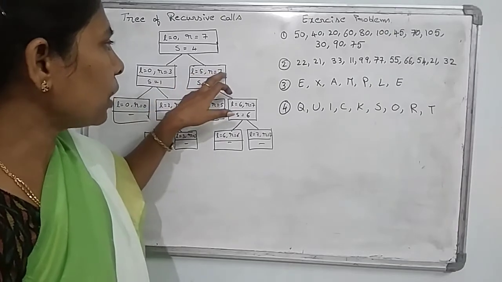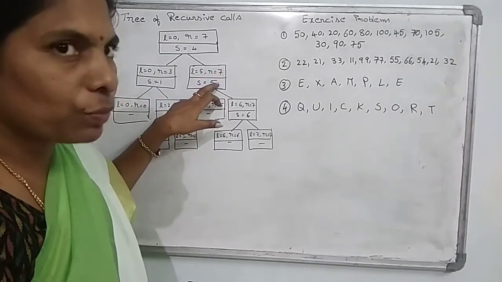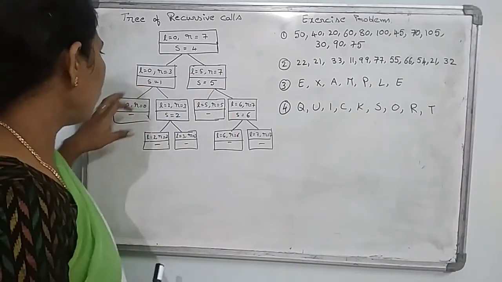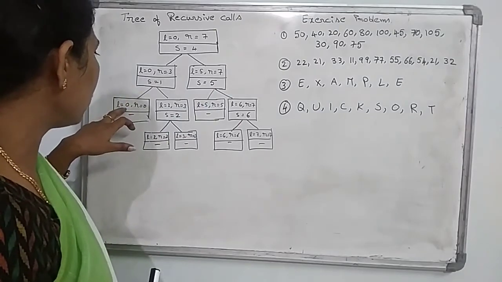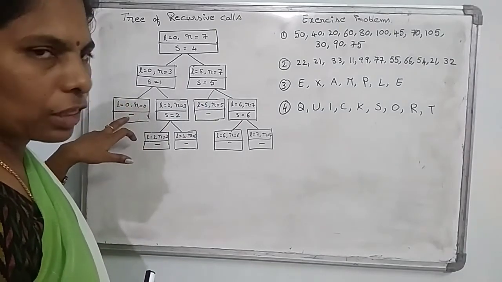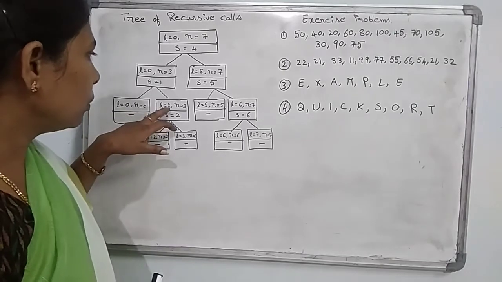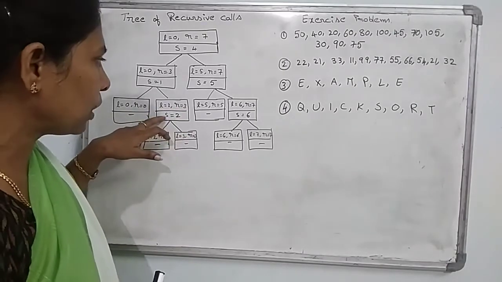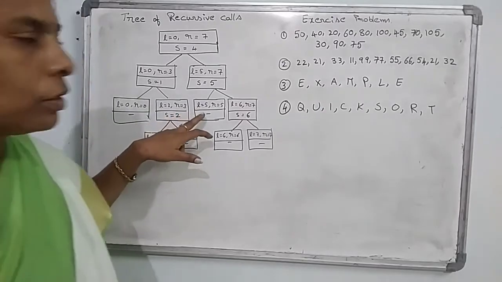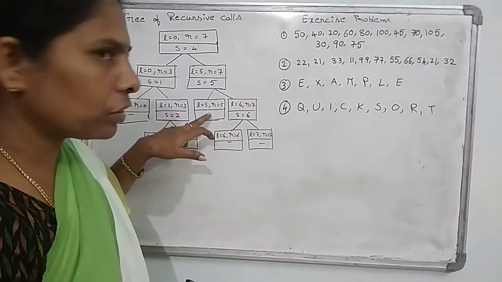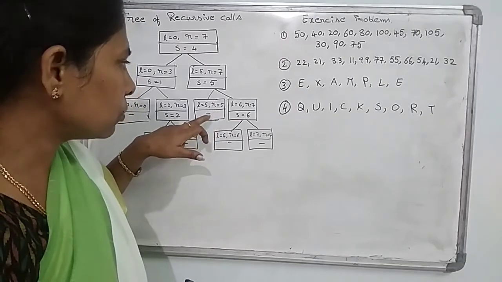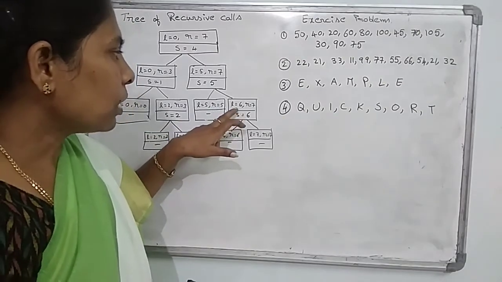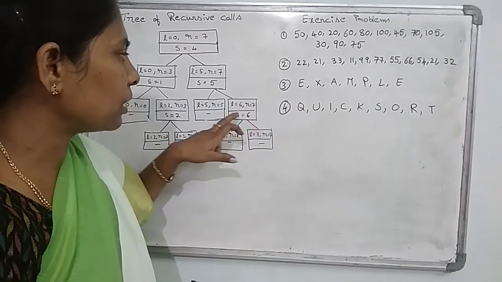L equal to 5 and R equal to 7, at position 5 you are having the split position. And if you are having only one element, that means L equal to 0 and R equal to 0, there is no splitting, only single element. If L equal to 2, R equal to 3, in that you are having the two elements, at that time the split position is 2. If L equal to 5, R equal to 5, in that you are having only one element, so there is no split position. L equal to 6 and R equal to 7, at that time the split position is 6.